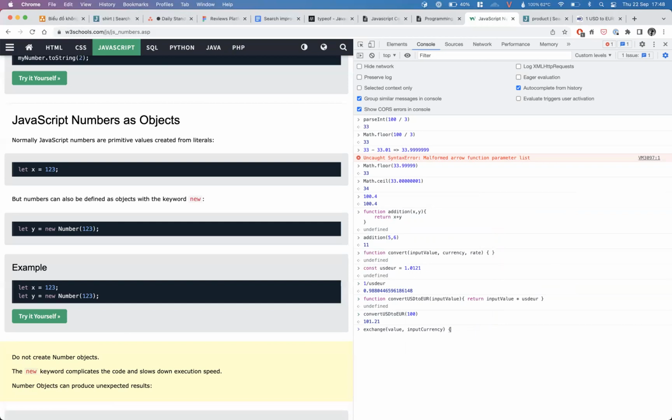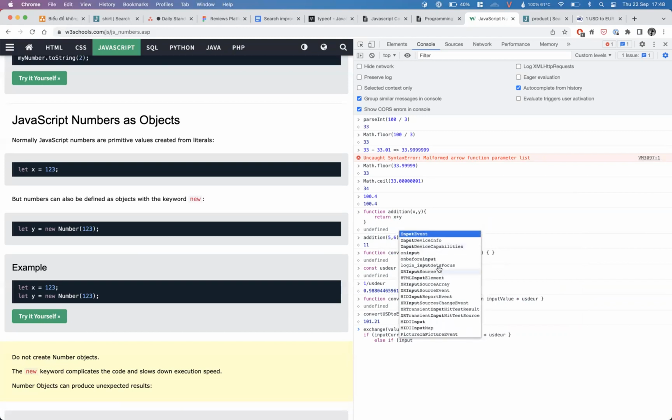And then the function body will be here. If the input currency is USD, then do something. If it's USD, then we're going to return this value multiplied by USD euro. Okay, else if the input currency,